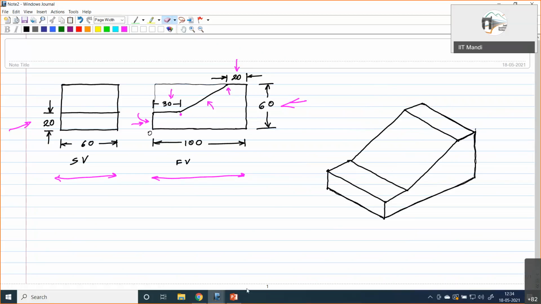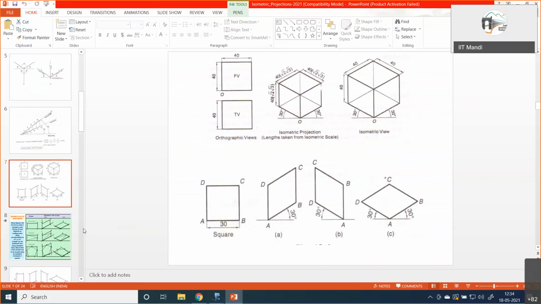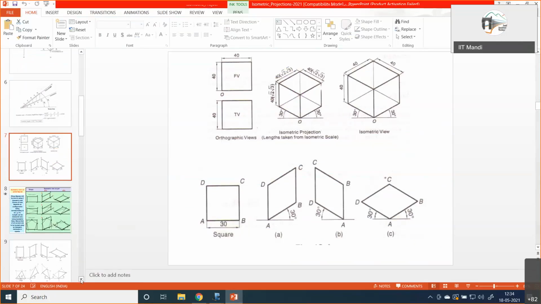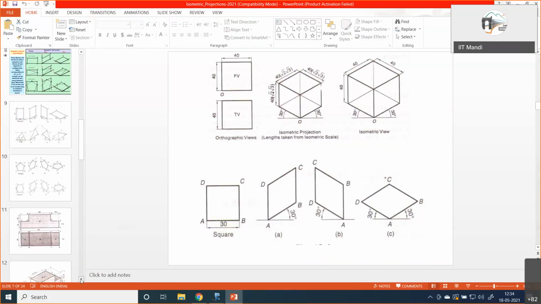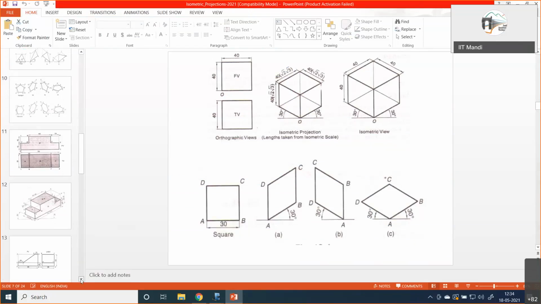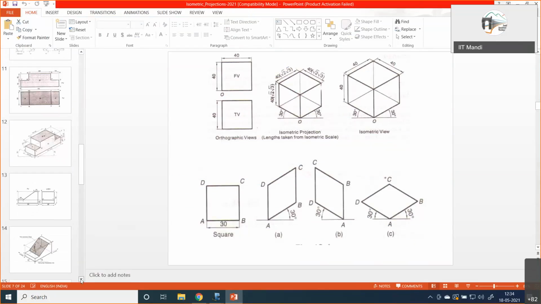So let us get back to the slide. These two, whatever I have discussed, are also on the slides. You can have a look.